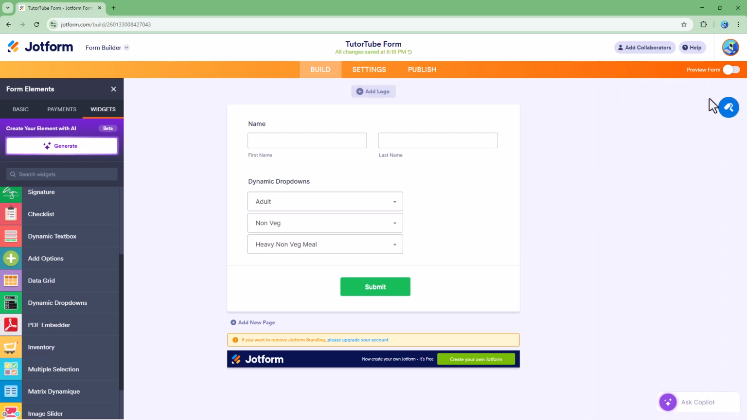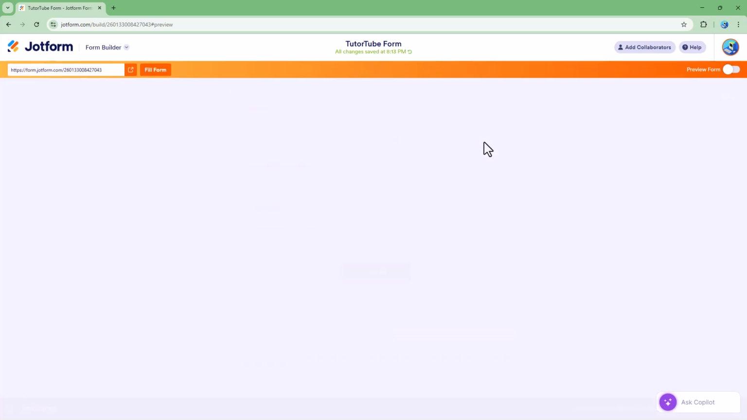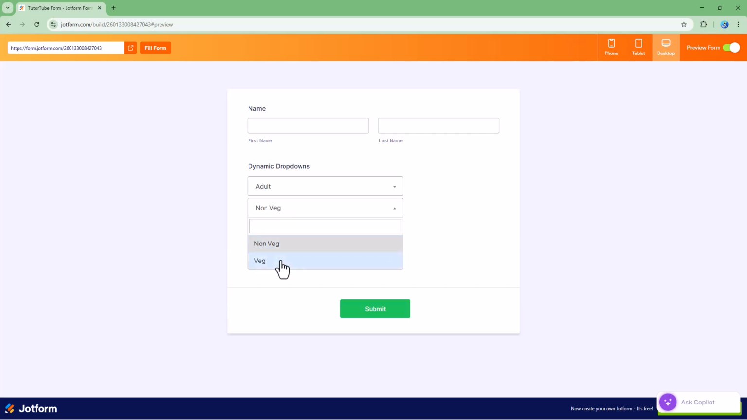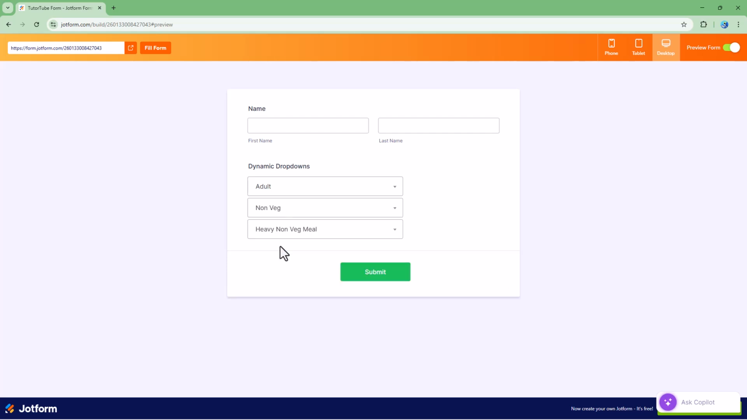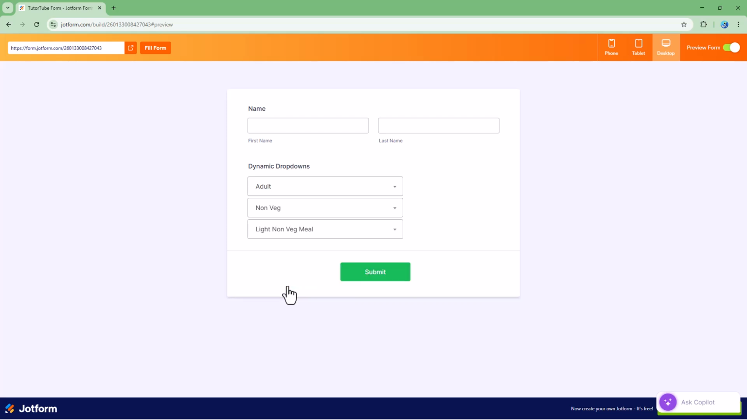So once I do that, I can go ahead and preview out the form now, and you can see the dynamic drop down in action. So you can see that I can go ahead and choose adult or child right here. If I were to choose adult, I can go ahead and choose veg and non-veg right here. And then under non-veg, you see the non-veg meal and light non-veg meal right here. Under child, you can see that I have the kids special meal right here,